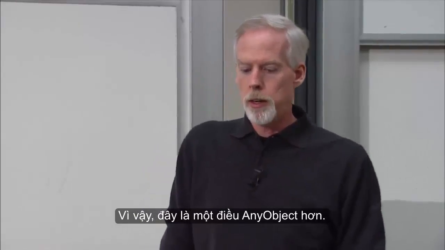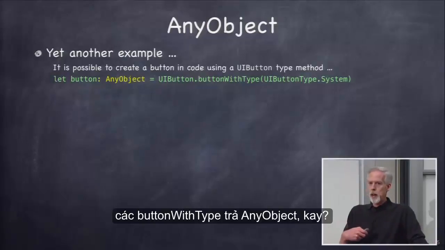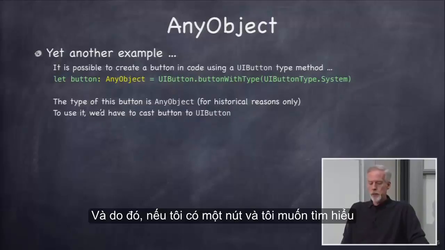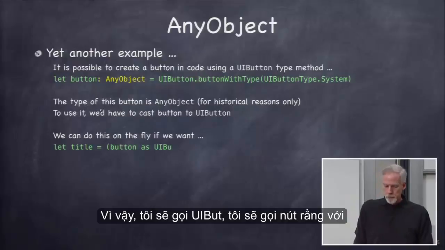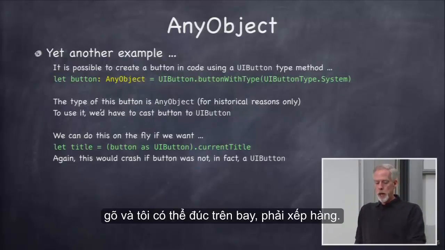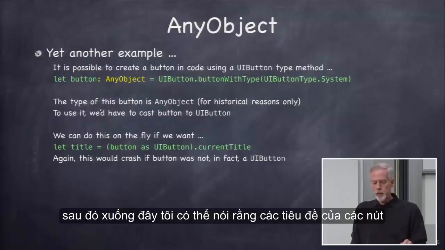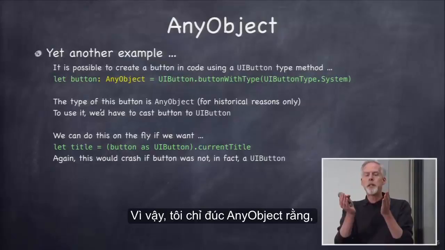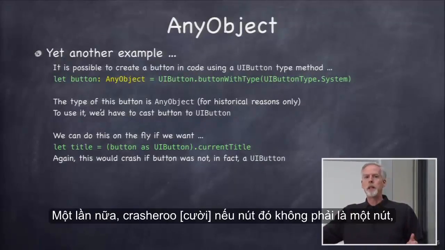So here's one more AnyObject thing. Let's go back to that button thing. So I told you the buttonWithType returns AnyObject, okay? And so if I got a button and I wanted to find out its title or something like that, I have to cast it. So I would call that buttonWithType, and I can cast on the fly, right in line. So if I called that line in green at the top, then down here I could say the title of the button equals (button as UIButton).currentTitle. So I'm just casting that AnyObject, that button AnyObject up there, to be a UIButton, and then sending it a message. So you can cast